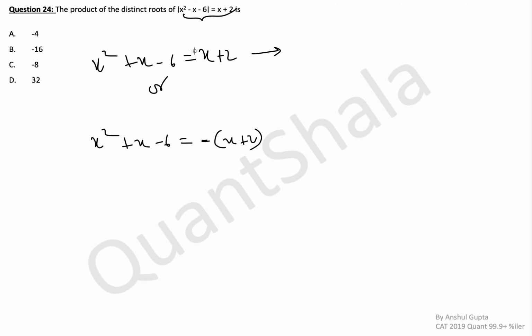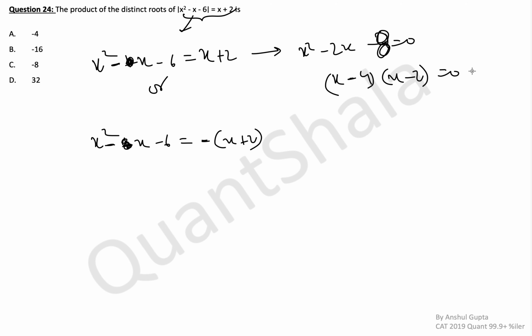The x terms, oh, this was x^2 minus x, and this is also x^2 minus x from this. So take the x on the other side, this becomes x^2 minus 2x minus 4 is equal to 0. Actually this is x^2 minus 2x minus 8, since minus 6 minus 2 is minus 8. And when you solve this, this becomes (x minus 4)(x minus 2) is equal to 0. So the two roots here are 4 and 2.